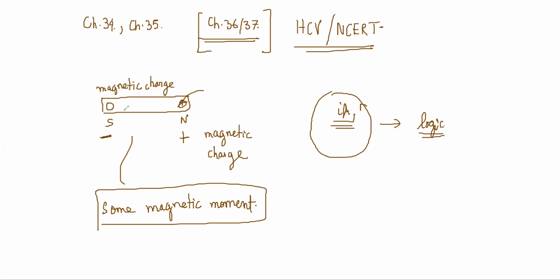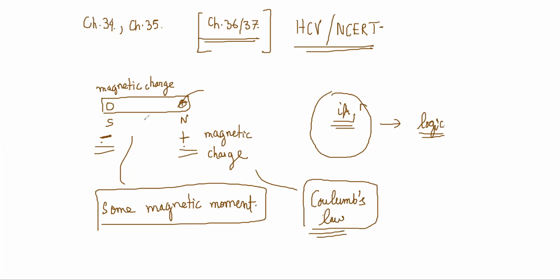There is another way to define magnetic moment using this negative and positive charges, which is not real, but it is useful in calculations because it is very similar to Coulomb's law. Just like there was electric stuff, similarly you have defined a fake stuff which is similar to Coulomb's law, and you will do similar to Coulomb's law calculations for finding magnetic field. But that thing is discussed in chapter 36 and all. Right now we have not yet done it, so we cannot explain it immediately. We will do it later.